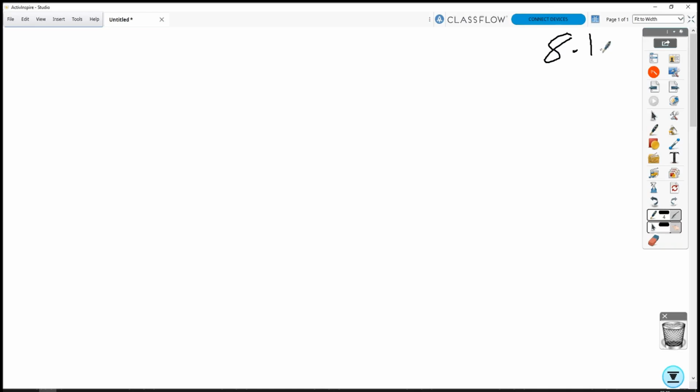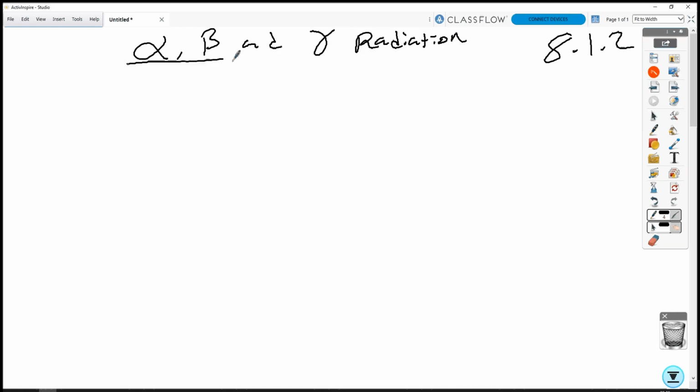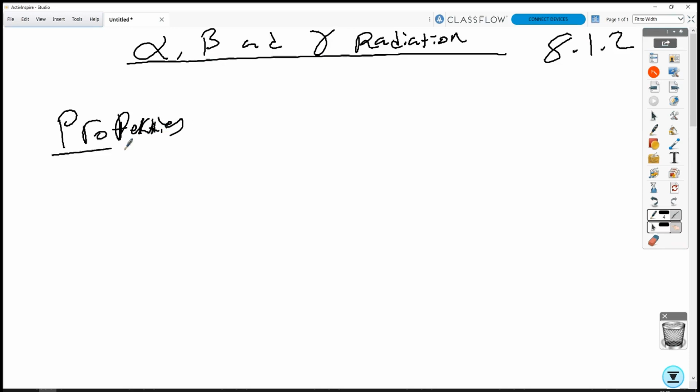This is 8.1.2 alpha, beta, and gamma radiation. So first we need to talk about the properties. So we'll start with alpha, which is a helium nucleus in nature. So we can write it as 4,2 He